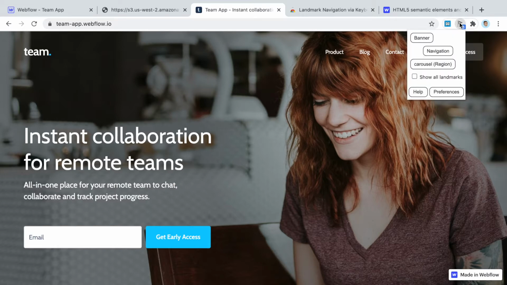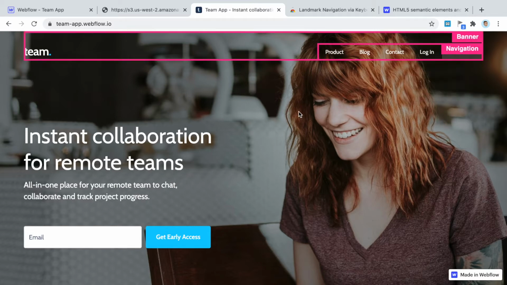If you enable this, it will give you different landmarks on our page that it automatically decided are an important group of content that the user can interact with or needs to know as